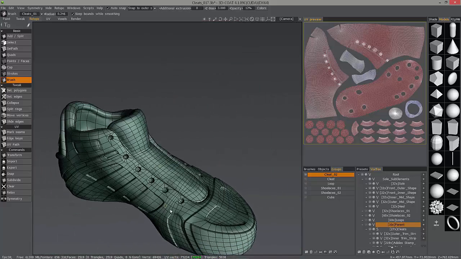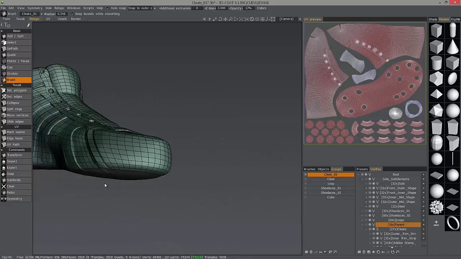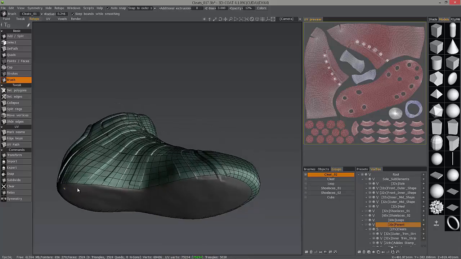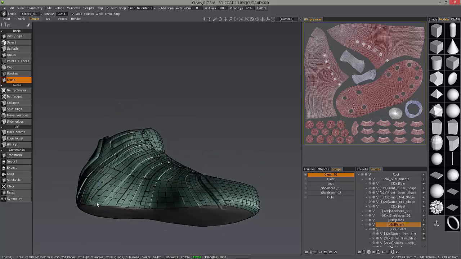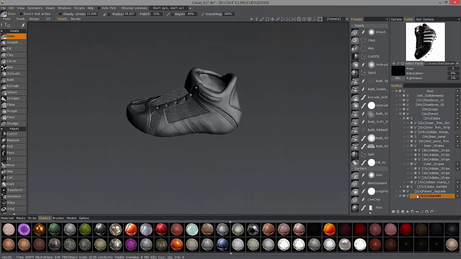Right, so I think we are finished with the top half. I decided to leave the bottom half open because it's going to be covered by the sole portion of this cleat, which we're fixing to retopologize next. As I mentioned in the first video, I wanted to show a quick technique that you might try